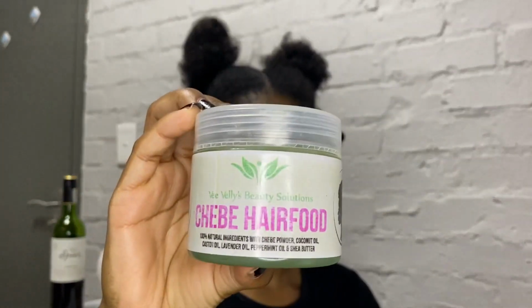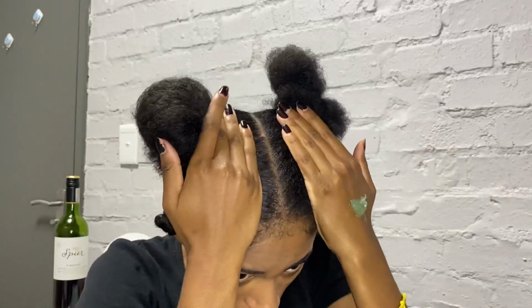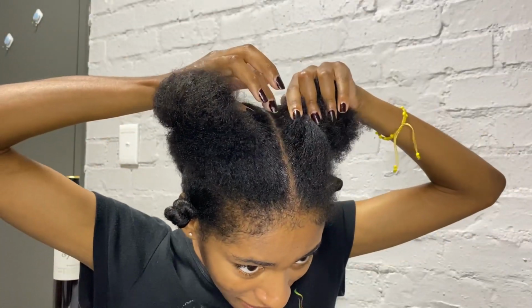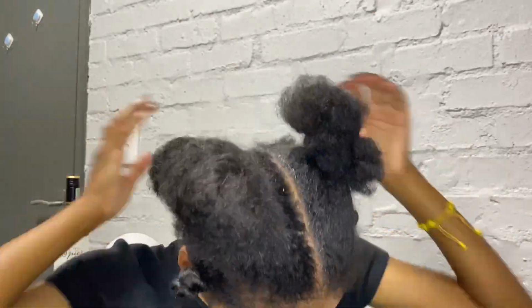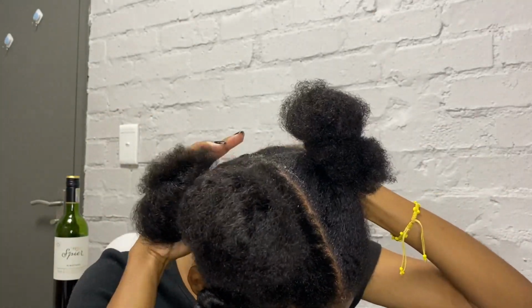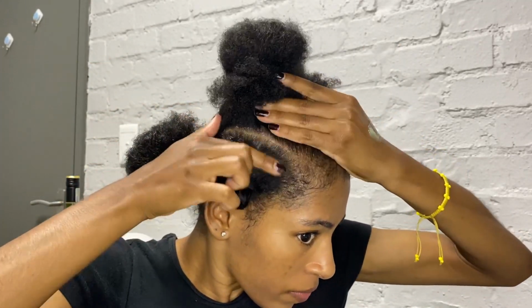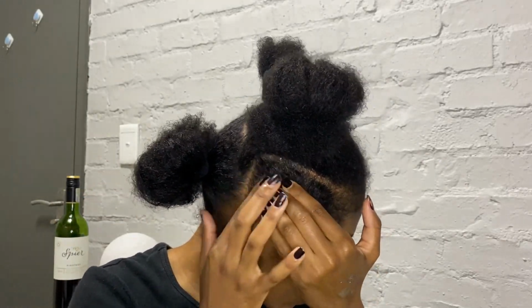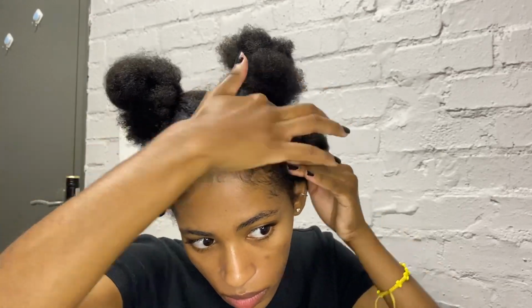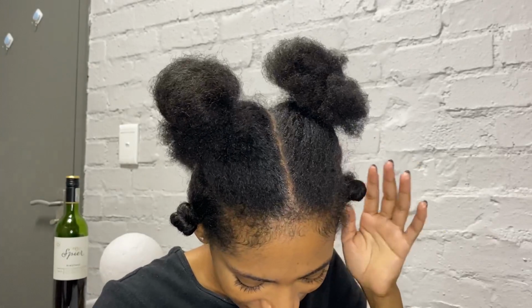Anyways, we are going to be using Chebe hair food to base my scalp because I'm going to be using edge control and it can be kind of harsh on the hair, so I'm just trying to protect it. I'm going to put it all over my parted area on the scalp and then spread it onto the roots of my hair. And of course, let's not forget to put it on your edges because that's actually the most